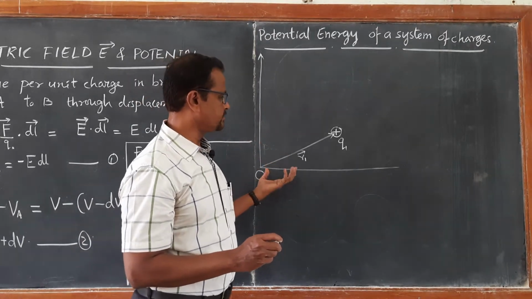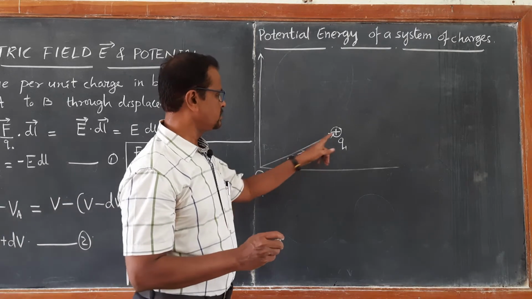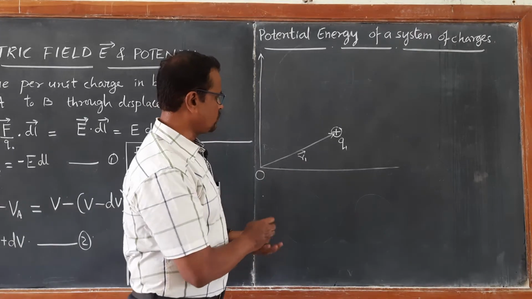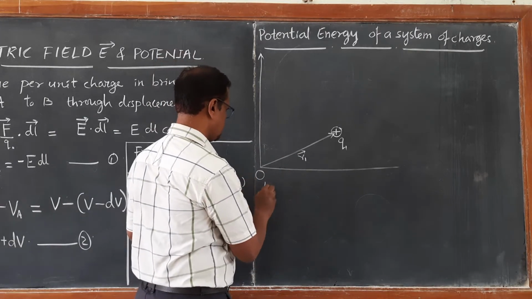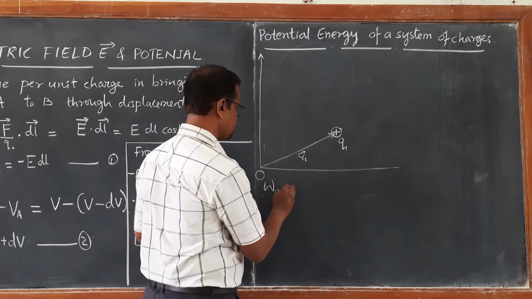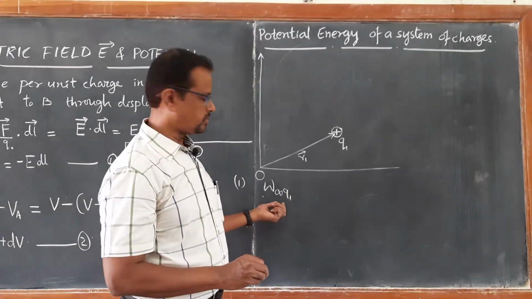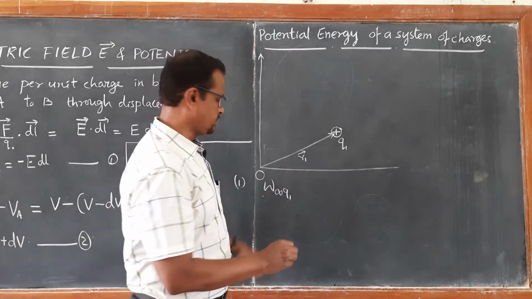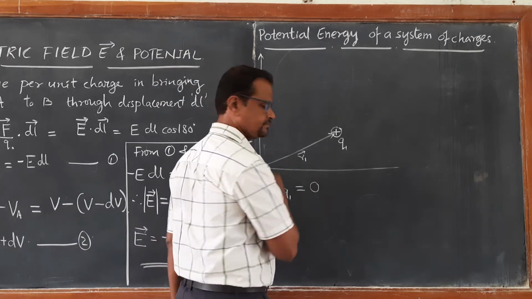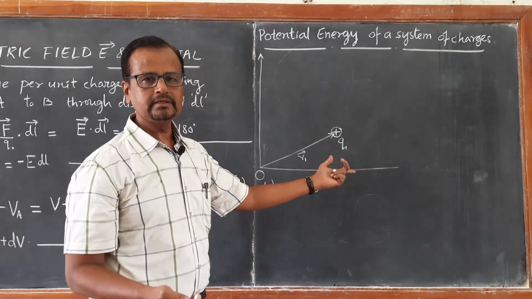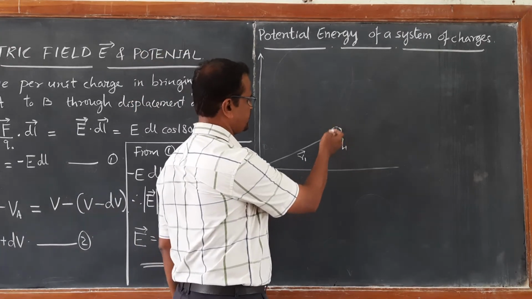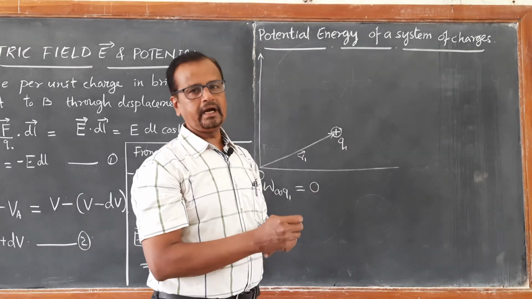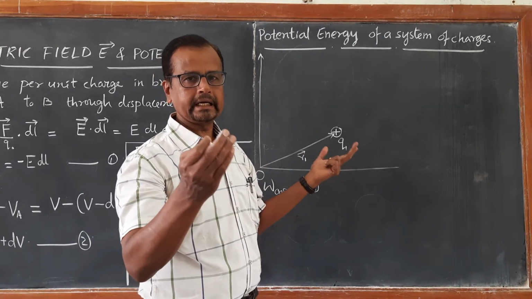Origin is the frame of reference that we are choosing to find the location and the position vector of the charged particles, right? So first I will write the work done in bringing charge Q1 from infinity. Work done in bringing charge Q1 from infinity to this position vector R1 is 0, because there is no other source of charge. Now, after placing Q1 at this position, it develops its own electric field and its own electric potential.